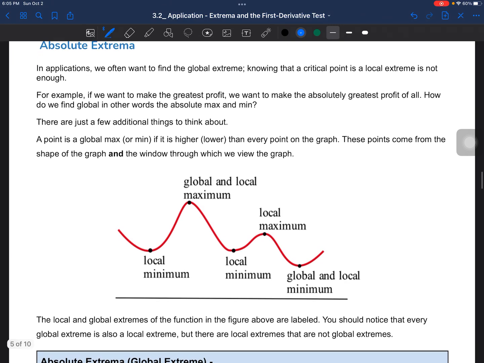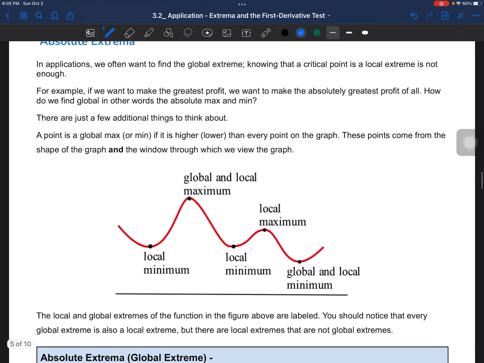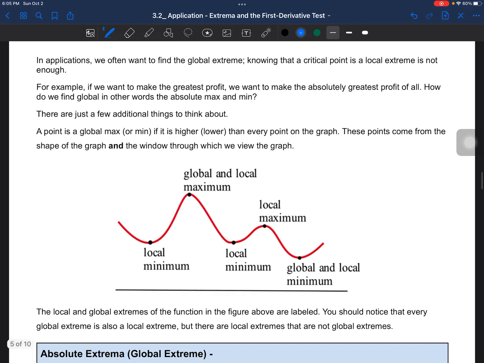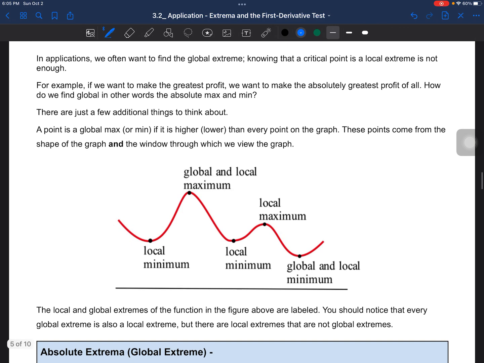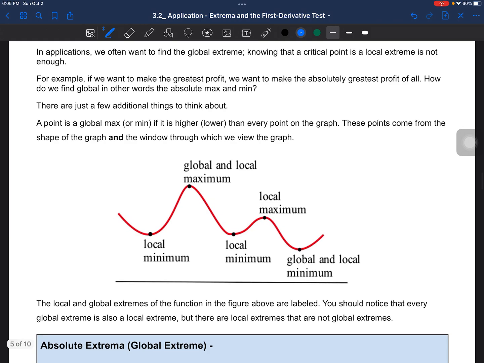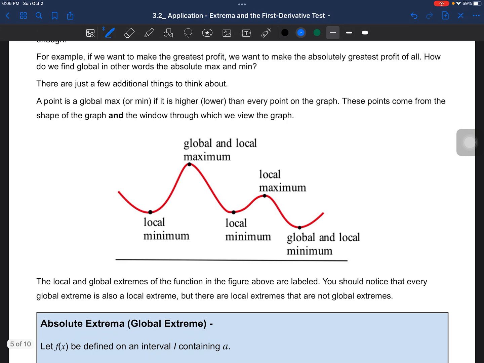A point that is a global max or a global min is going to be higher, or in other words lower, depending on whether you're talking about max or min, than every point on the graph. So these points come from the shape of the graph and the window through which we view the graph, right? We can kind of see that from the picture. So for example, if we look at this picture, assuming that this ends here, that there's nothing beyond this line,